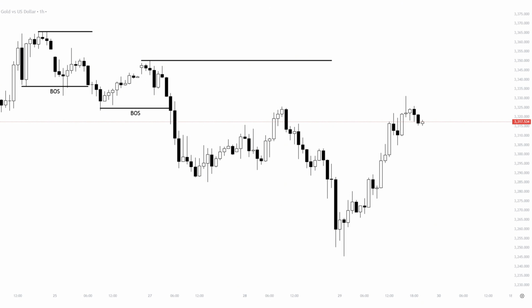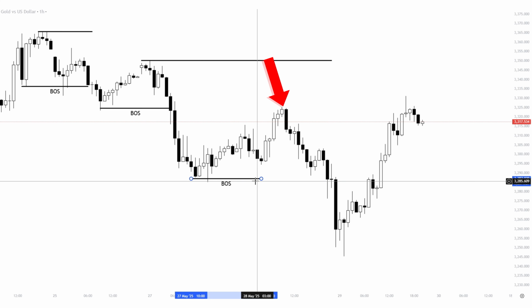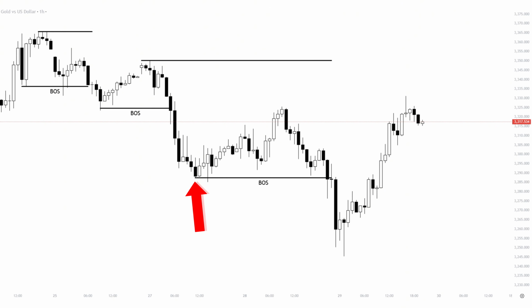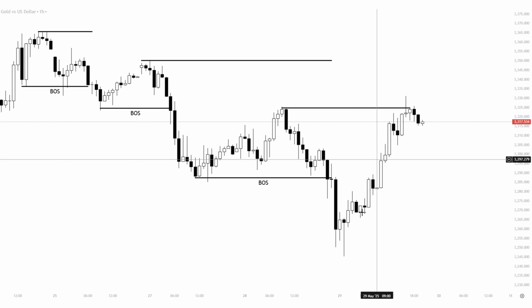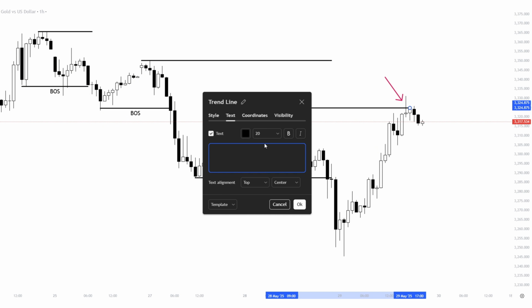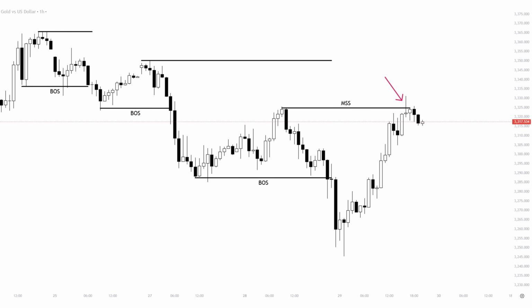So once again, as I've said before, after a break of structure, some kind of pullback is often met. A pullback that forms a local high, a strong high, which is as expected once again followed by a break of the lows into new lower lows, to eventually create the break of structure. But shortly after, the past high gets broken up. This is what is called a market structure shift, and coming from a downtrend, this reverses this 1-hour time